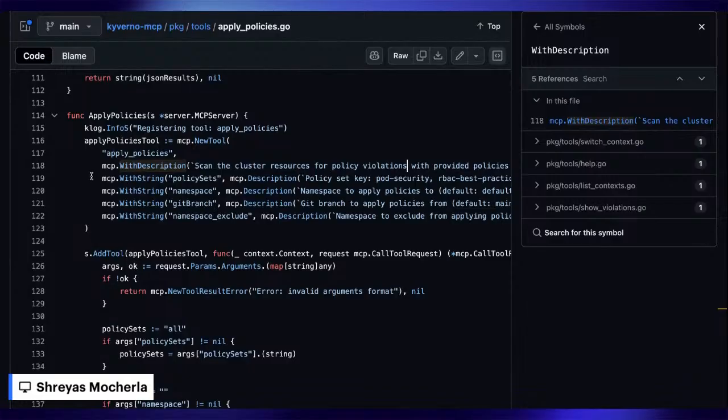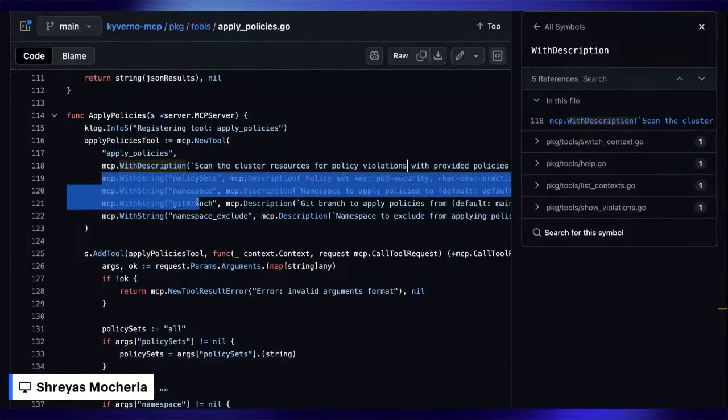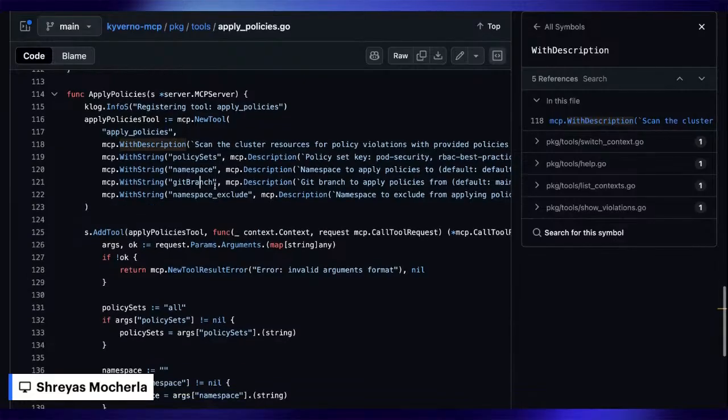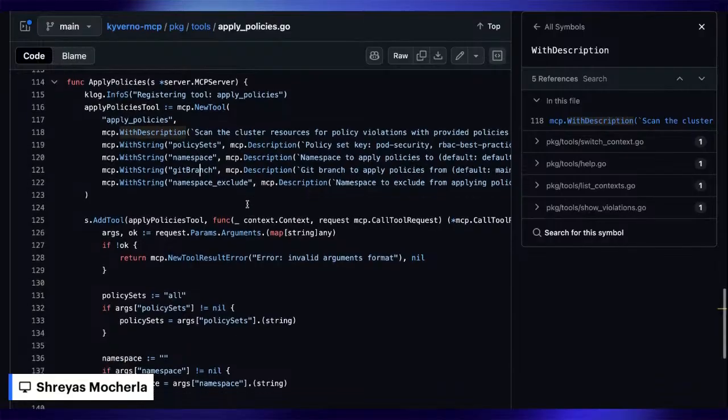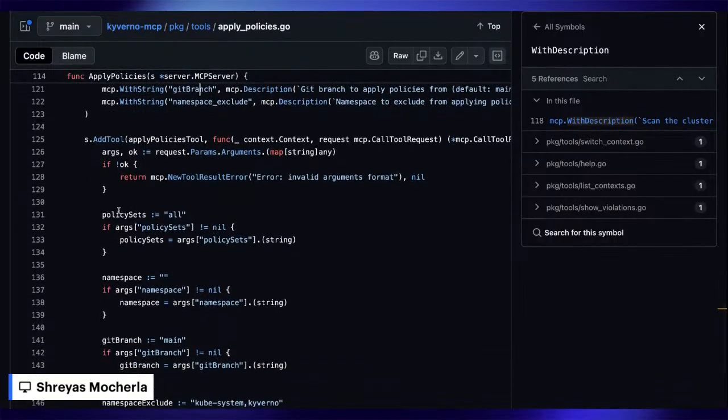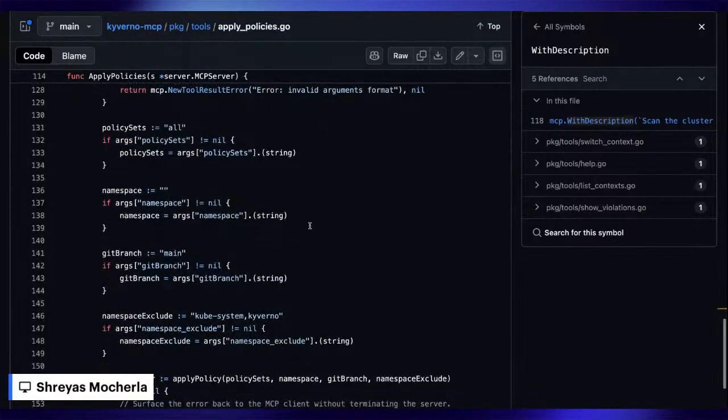And the best part is the parameters and the arguments that are taken by the apply policies tool are also fed to the AI assistant. That way it knows exactly what needs to be given to the apply policies tool and then calls that, right? So this is where the magic happens, and there's some backend code to basically say the provided policy sets is not all, or if it is all, then we provide everything that we already have by default, and so on and so forth, right?